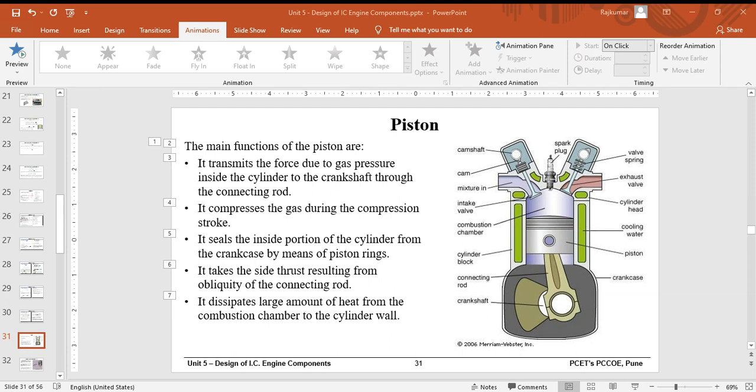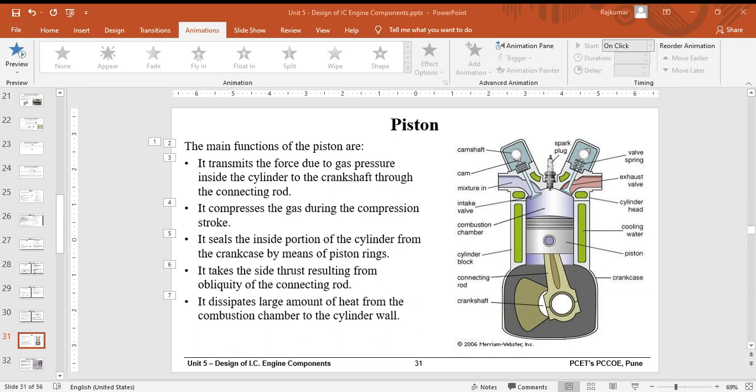So what do we need to do in the design of the piston? First we need to understand the different segments of the piston. First the top land, then the ring sections, and then the skirt. In the top land, the main design consideration is to calculate the thickness of the piston head, and here you can see the cup shape of the piston head or crown. As a design engineer, we need to find out the thickness of the piston head.